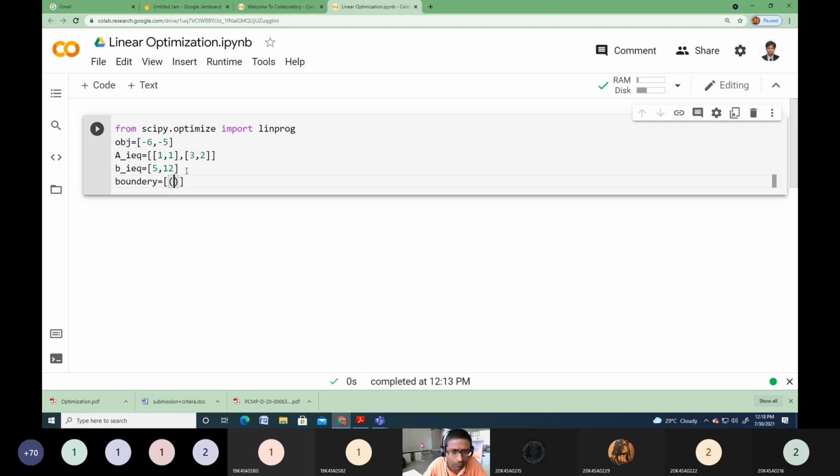Two variables, right? For the first variable A, what is the lower limit? 0, comma, it may be greater than or equal to 0, and it may go up to infinity. We don't know the solution, so we can't limit it. That's why I am writing float of infinite, INF. That represents the infinite number. I can't restrict it to 10, 20, 30. I don't know the space.